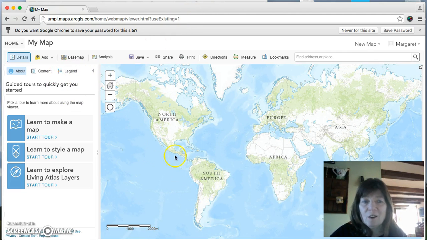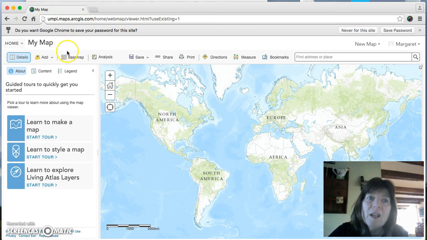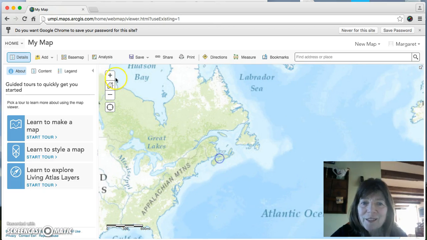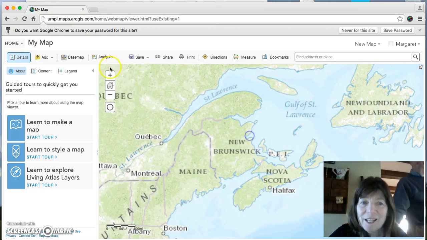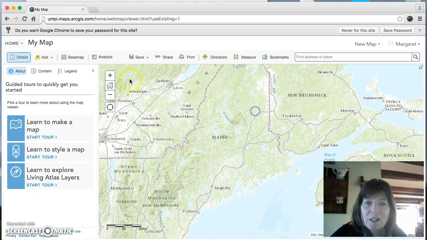All right, so here is a map, and they call this a web Mercator. So the extent is always going to be global on these maps when you open up a map. The first thing I'd like to do is to zoom in and out. Okay, and let's zoom our way around, and let's zoom into my area, which is Maine. And so here we are in